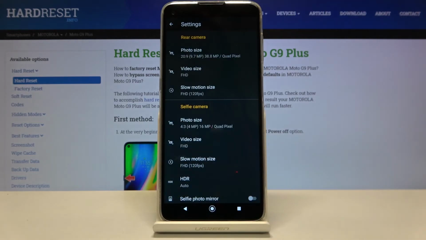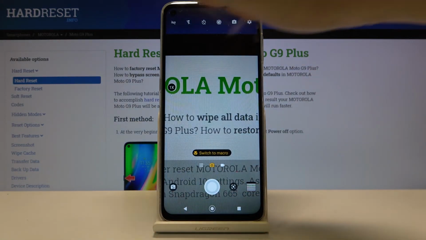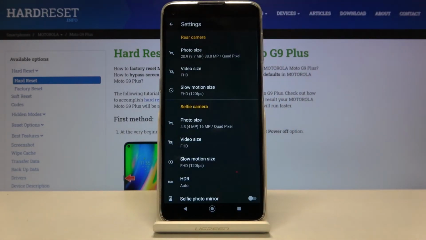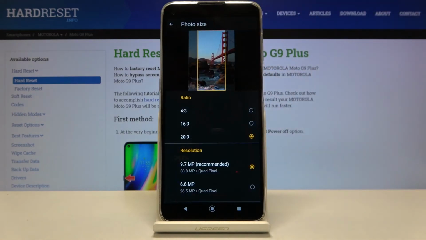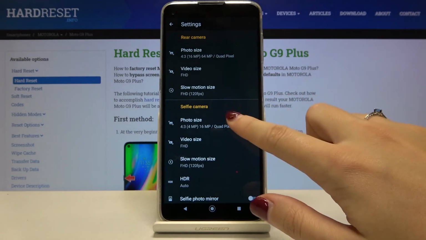And also when we go back to the camera preview, we can see that this camera frame is the full screen ratio. And of course, by going again to the settings and to this, we can easily go back to 4 and 3. Also when we go back to the settings and pick the selfie camera photo size,